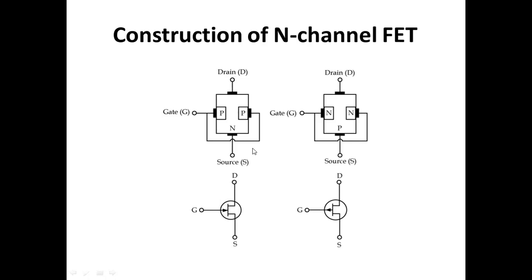In BJT, the emitter emits or injects the charge carriers. Similarly here, the charge carriers enter from the source and leave from the drain. Similarly in the BJT, the charge carriers leave through the collector only. Okay, so ఏదైతే emitter inject చేస్తుందో, what ఏం చేస్తుంది collector అనేది, it collects those charge carriers.